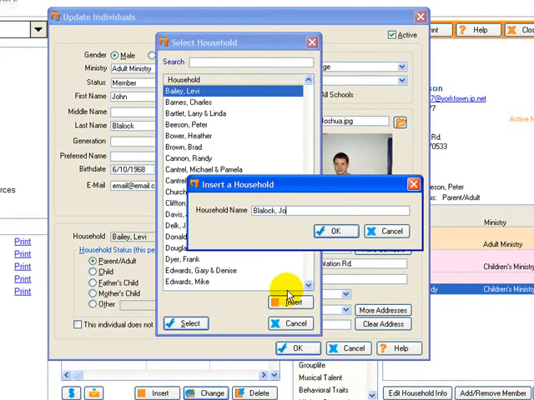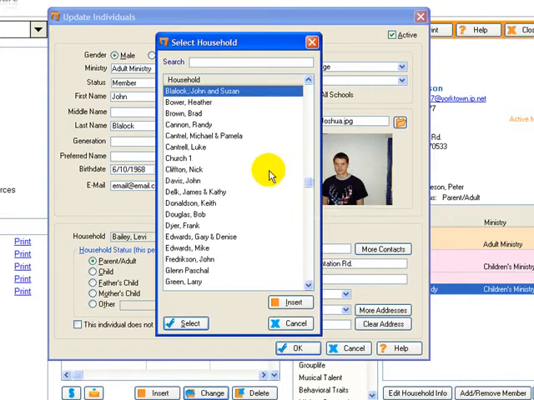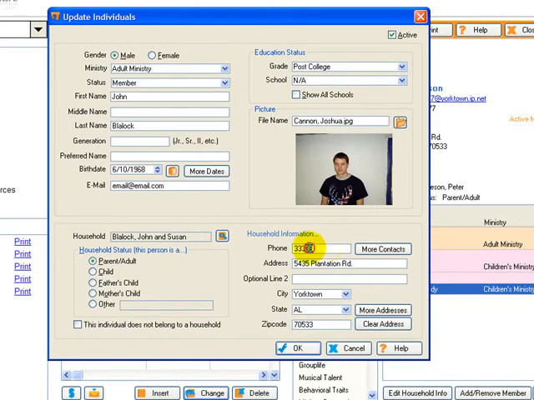And then we'll do John. We'll say his wife is Susan. So now I have the Blaylock, John, and Susan household. We'll click OK. And then we'll click select. And now whatever information I put in here will be the information that is for the John and Susan Blaylock